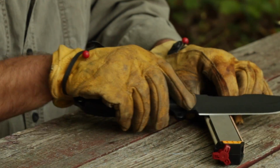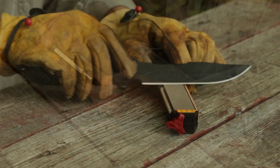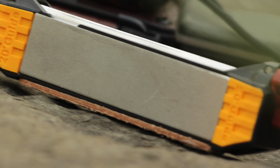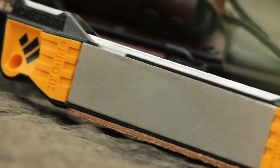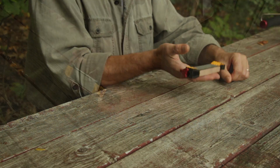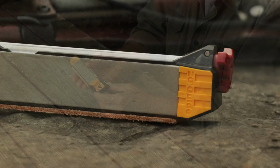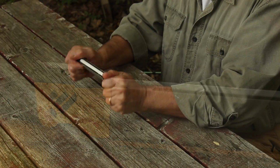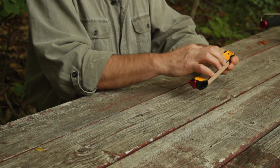Let's get started. The WorkSharp Guided Field Sharpener is a multi-tool field sharpening system that can be used to hone the blade of just about any knife. This sharpener is 7 inches or 18 centimeters long and roughly an inch or 2.5 centimeters high and wide at its biggest points and weighs only 4.6 ounces or 129 grams. The field sharpener body is constructed from what seems to be pretty tough, reinforced injection molded plastic and includes 5